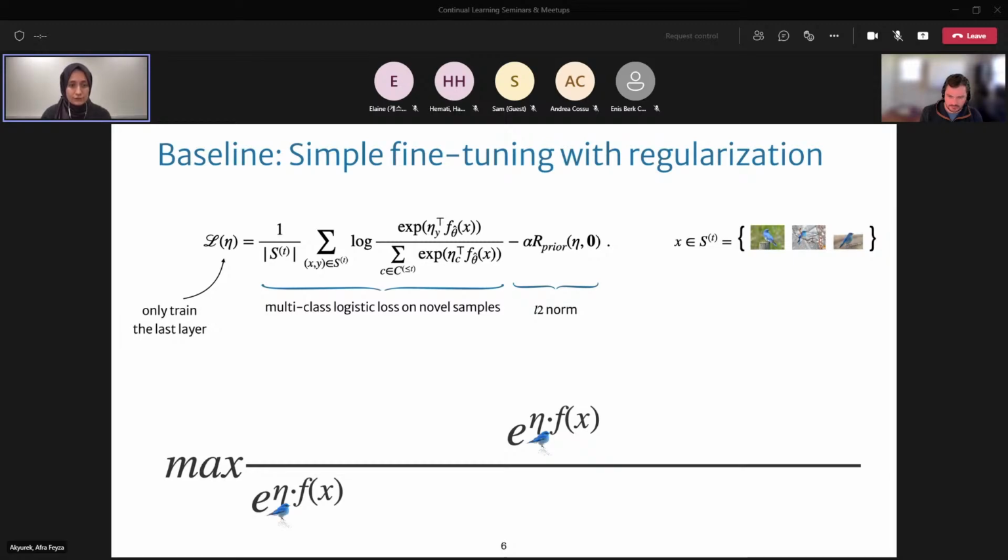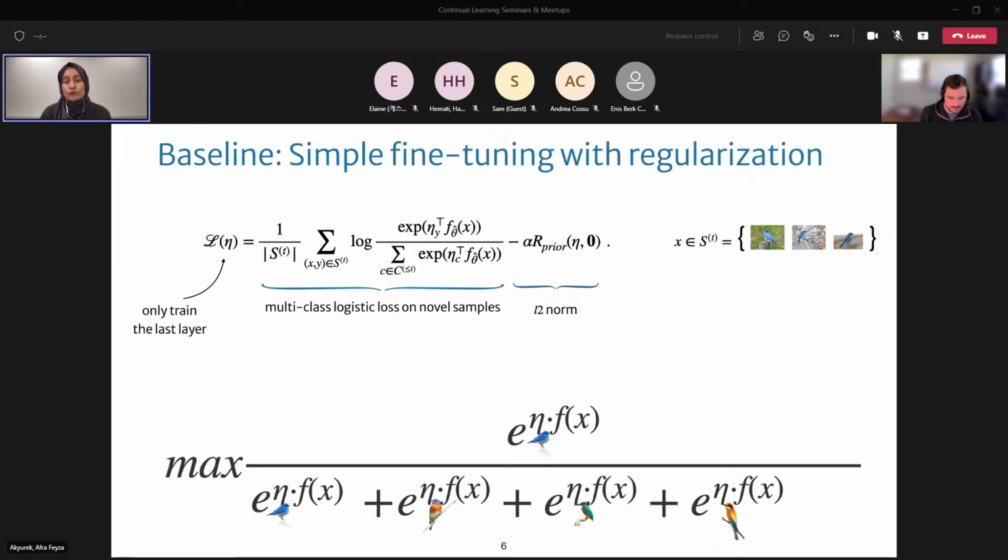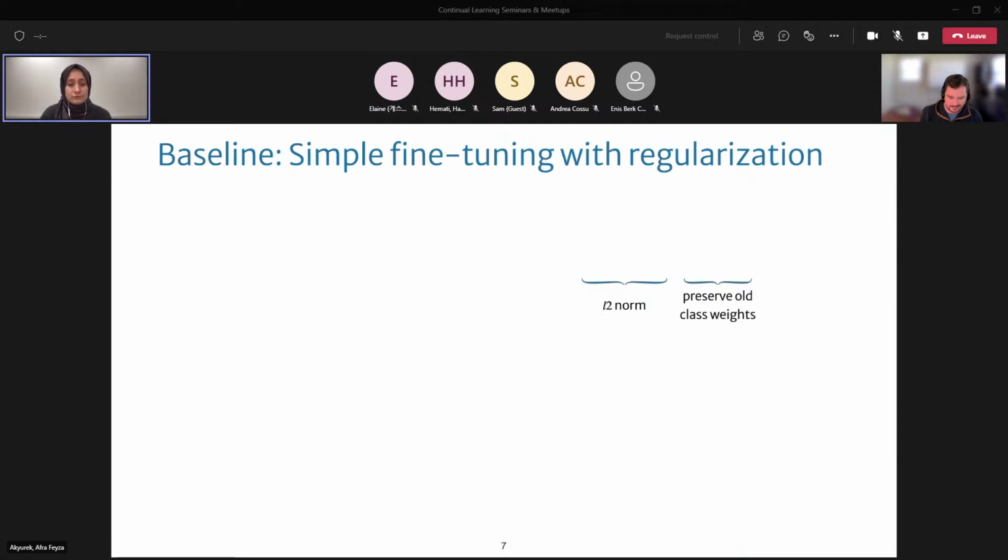So if you focus on the first part and open the sum up, the individual terms will look like this. We basically maximize this ratio of scores where every term in the sum will have the score corresponding to Mountain Bluebird in the numerator, and the scores that vote for all classes will only appear in the denominator. So as we maximize this, these scores that vote for other birds will wind down to